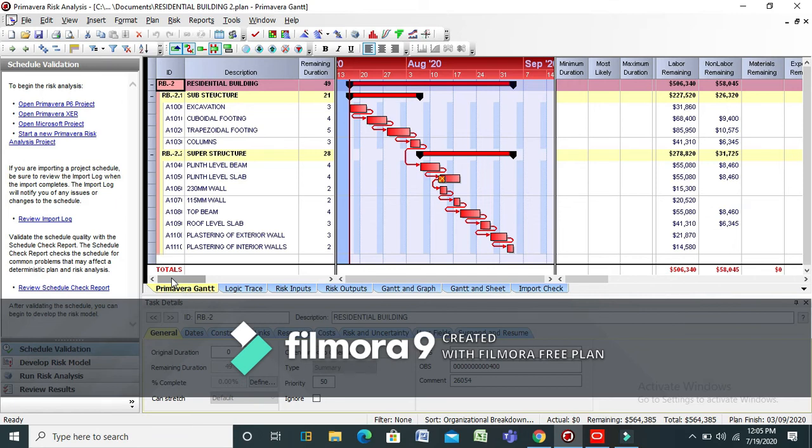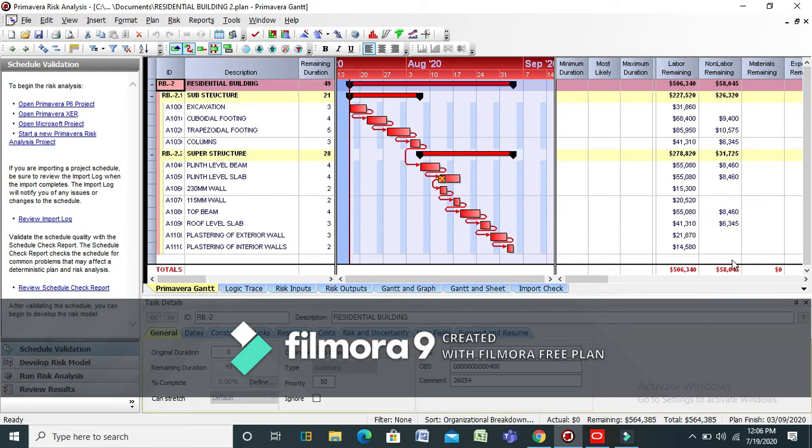To the right side of the Gantt chart, you see related values like labor cost and non-labor cost. The imported values are the same as in the Primavera software.